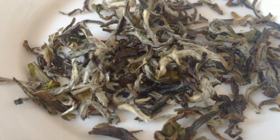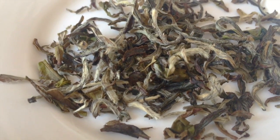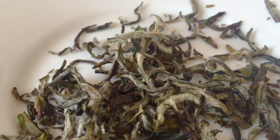So let's start with white tea. White tea is the least processed tea. The leaves are picked and left to wither, and that's it, pretty much. They still have the highest level of moisture in them, so you get very light colours from them. And they were originally called white tea because